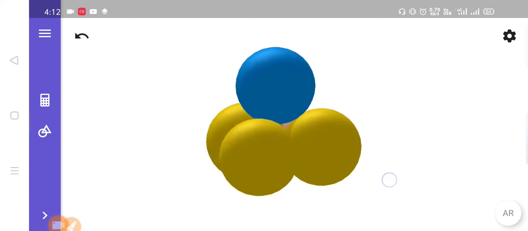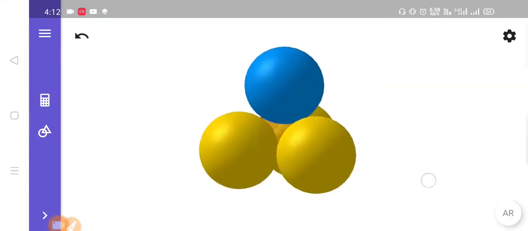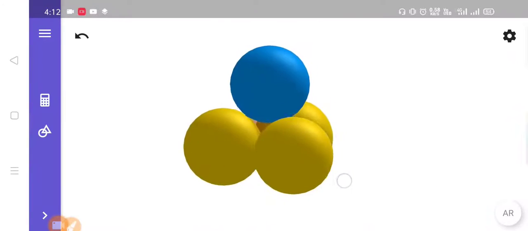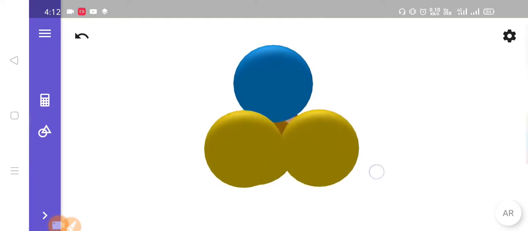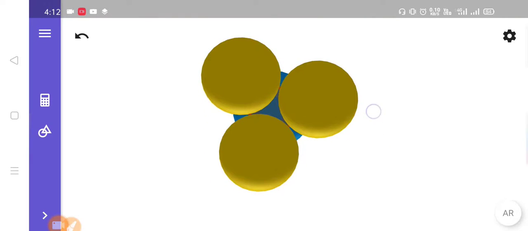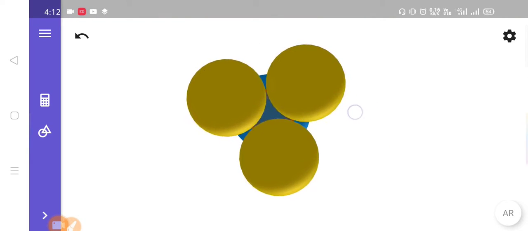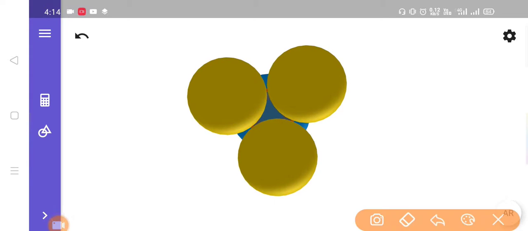Now as you can see, this is our tetrahedral void at the center of these four spheres. This void is open from the bottom side. If you place a sphere here, then you will cover this opening of the tetrahedral void from the bottom.